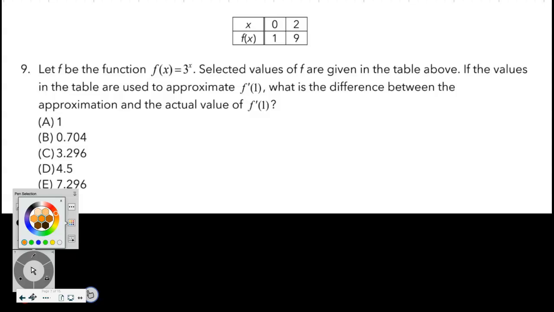This one is calculator active, so take out your calculators. And it says let f be the function f of x equals 3 to the x. If the values in the table are used to approximate the derivative at 1,